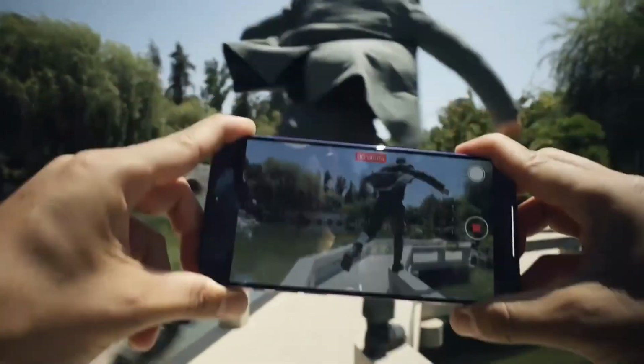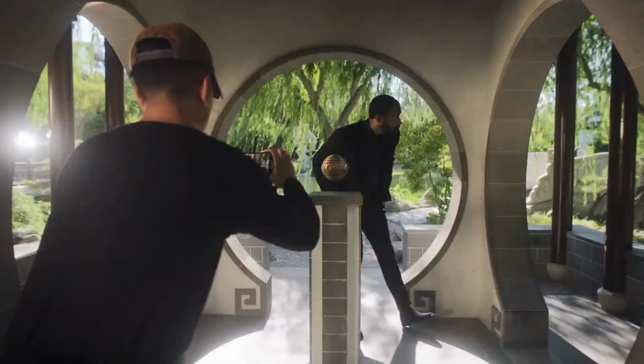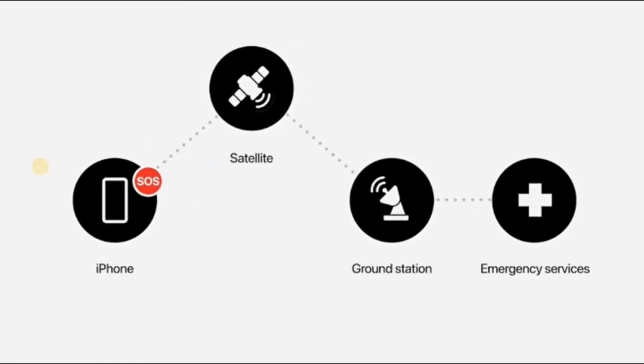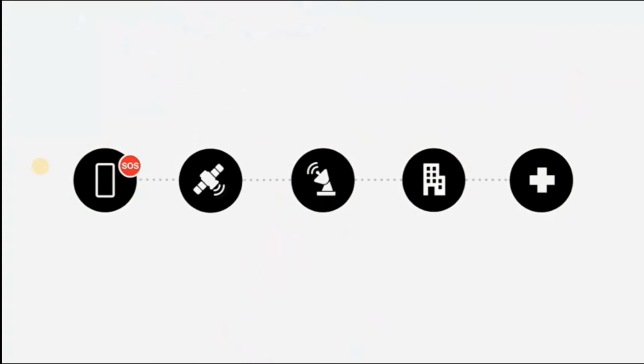After your message is relayed to a ground station, it needs to reach the right emergency service provider. If that emergency service provider accepts text messages, we will connect you to them directly. If they only accept voice calls, we have set up relay centers, staffed with highly trained emergency specialists ready to get your text and call an emergency service provider on your behalf. It took years to make this vision a reality,